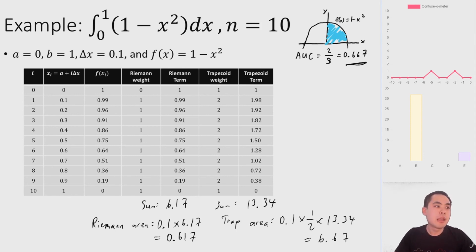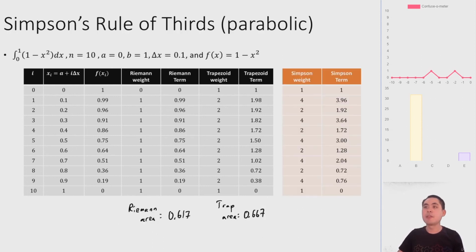Note that the way I've written out this table sort of implies that sometimes I might want to put different weights into the table and then sum up the terms differently. And so I'm going to introduce you to another approximation method that sometimes people like using called Simpson's method, which is the rule of thirds, because you have this other set of weights, which is in a sort of weird way. It basically tries to